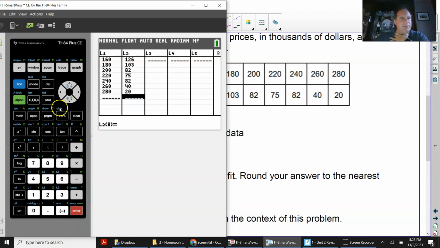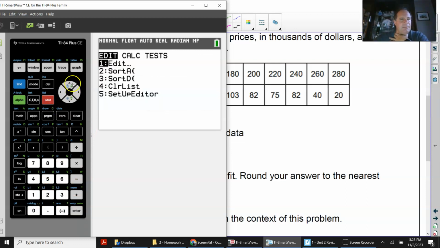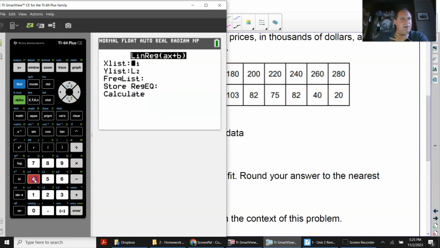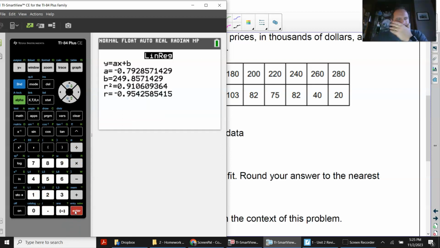And so now I'm going to press stat. And I'm going to go over to calc. And I'm going to go down to 4 and just press 4. Don't go down to it. And then enter 5 times. And then you notice that I'll have the A. All right, so I'm just going to put down the A